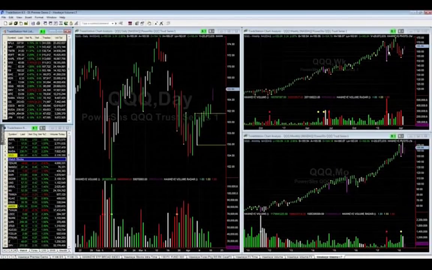This came in and said, okay? Then that helps you to position yourself as a trader. All right. Shorter time frame though, as this does come in, shorter time frame daily chart shows you that as